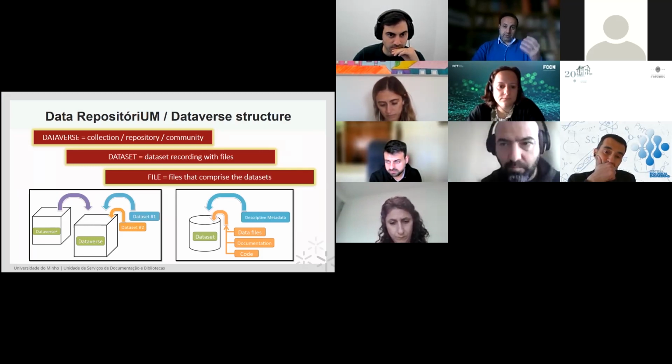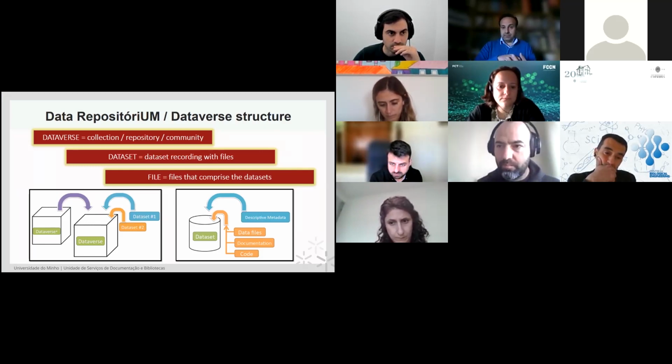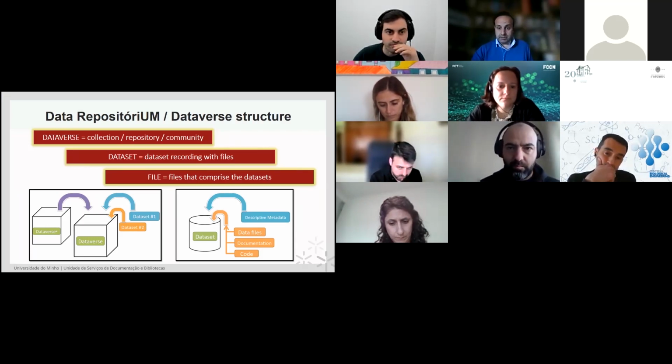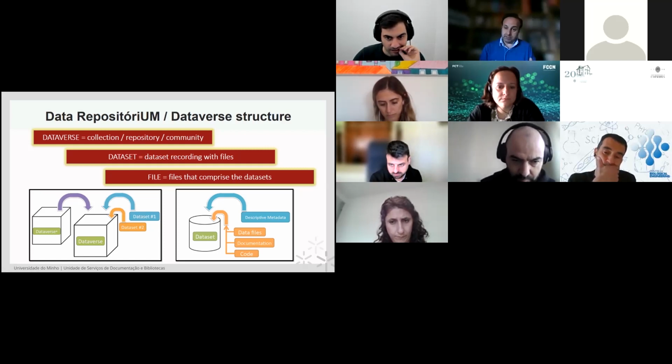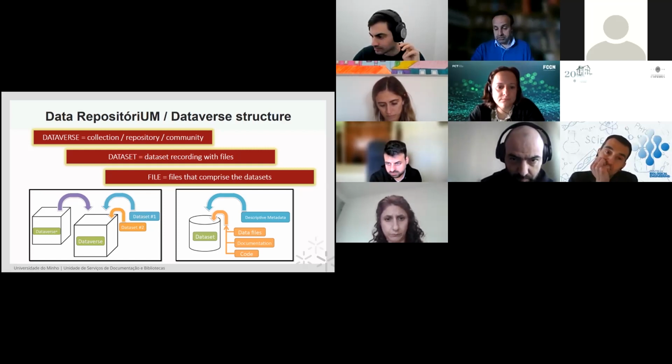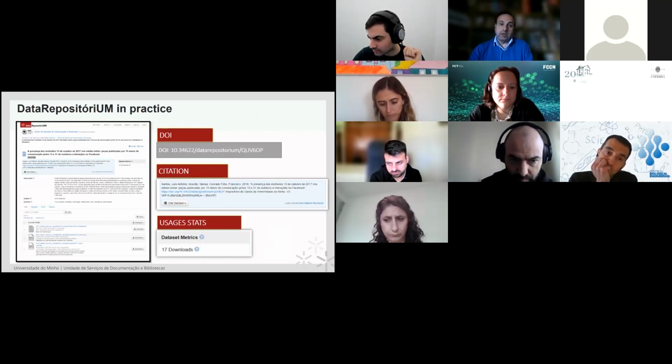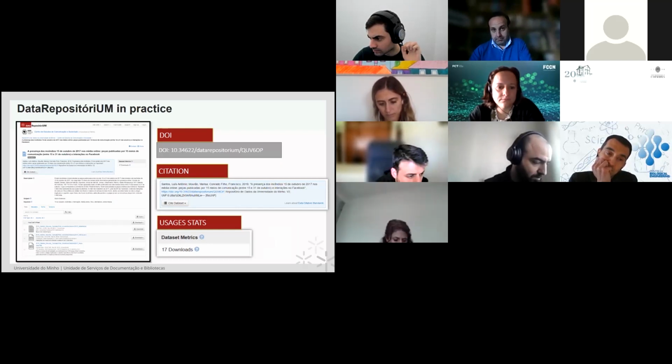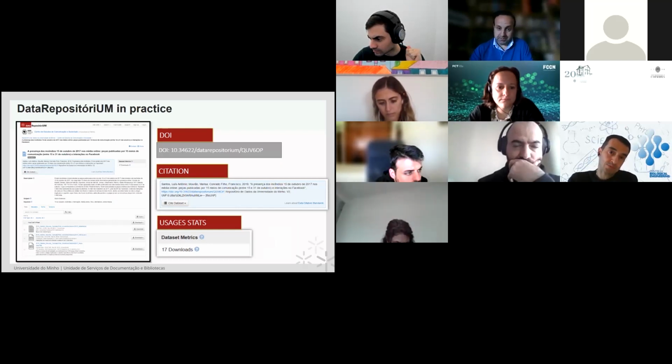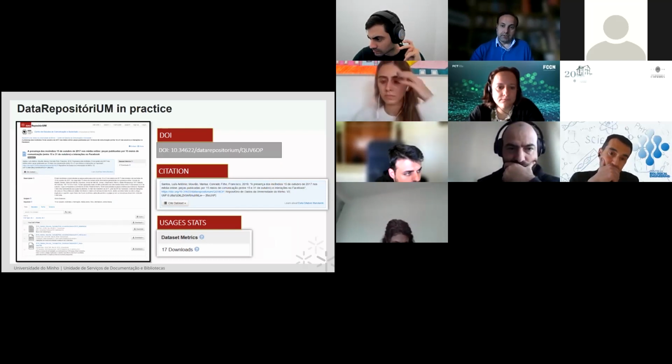Inside a dataverse, you put data sets. Okay, and inside data sets, like in this image here on the right, you upload files or code or documentation, like I stated in one of the previous slides. So to publish and share data. Okay, and with this dataverse, Minho dataverse, or I suppose biodata, you can have a DOI, you can have citation